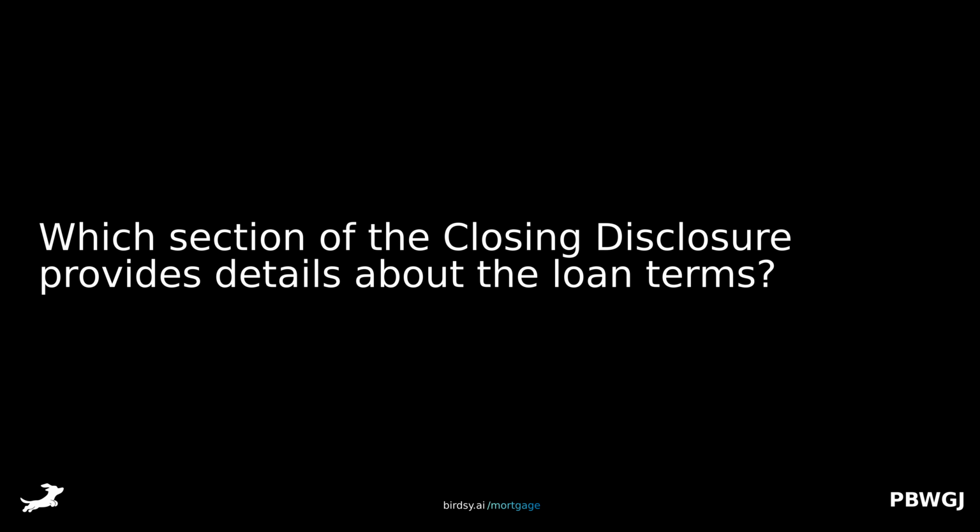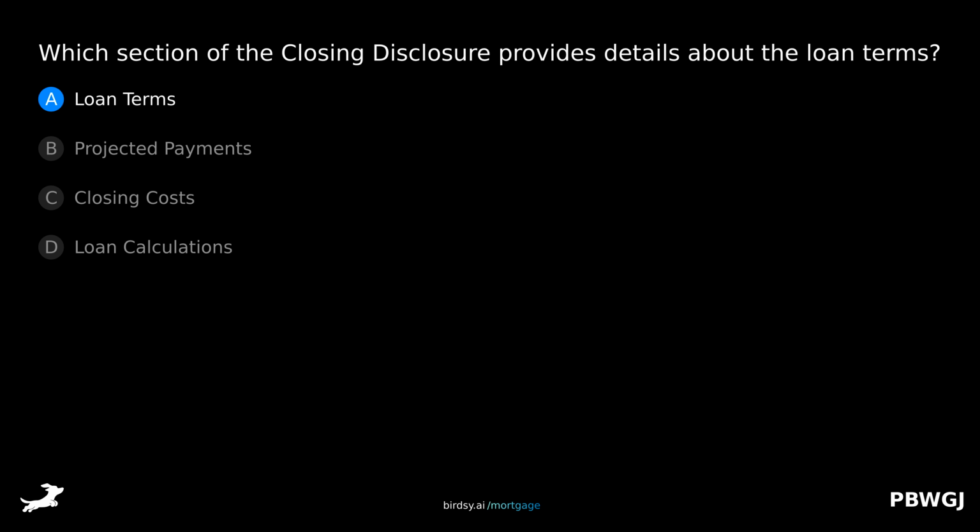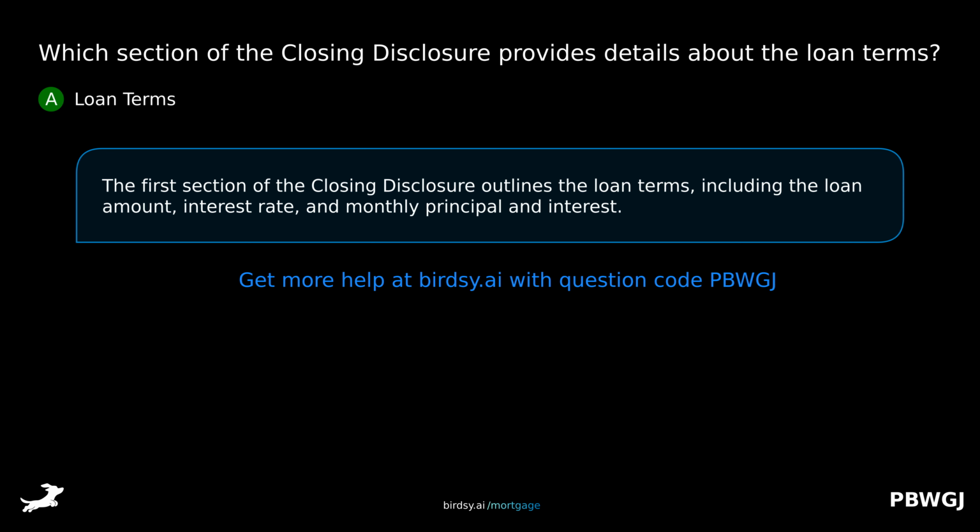Which section of the closing disclosure provides details about the loan terms? Is it A, loan terms, B, projected payments, C, closing costs, or D, loan calculations? The answer is A, loan terms. The first section of the closing disclosure outlines the loan terms, including the loan amount, interest rate, and monthly principal